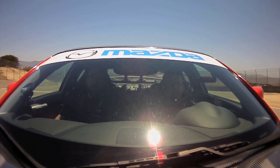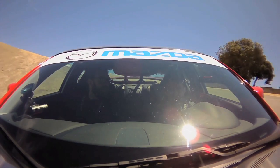Justin, as we're about to go through the corkscrew, I gotta tell you, it's just such a treat to be on Mazda Raceway Laguna Seca with you. It's fabulous. Well, thanks, man. It's always a good opportunity to take someone round a racetrack in a road car, and the R8, it's a bloody good car. Yeah, we had a best driver's car competition once where this got third place behind an M3